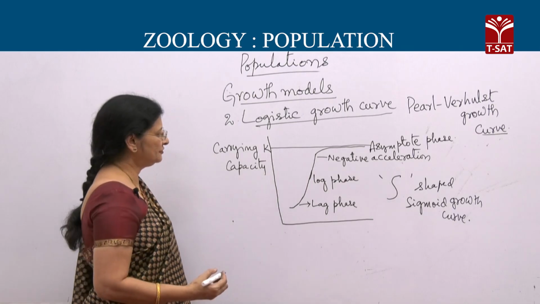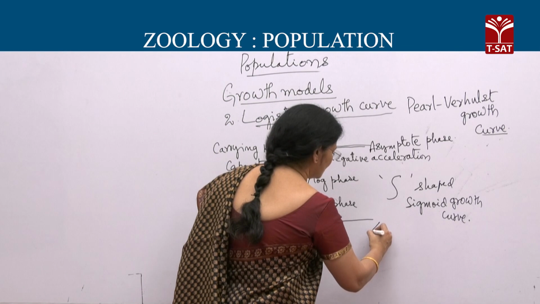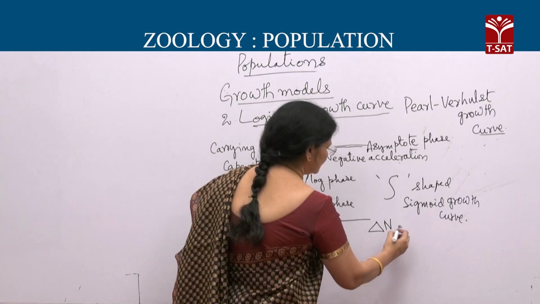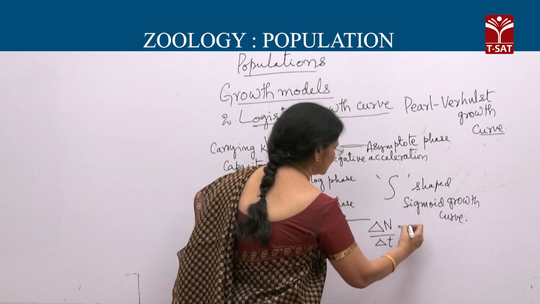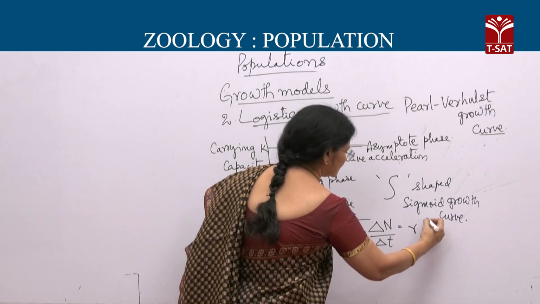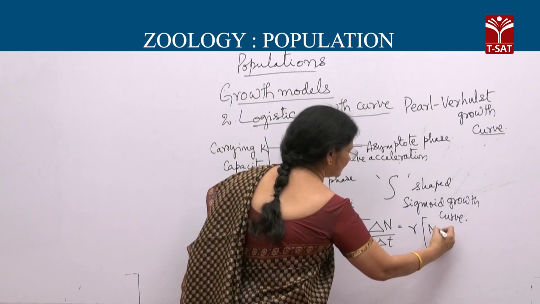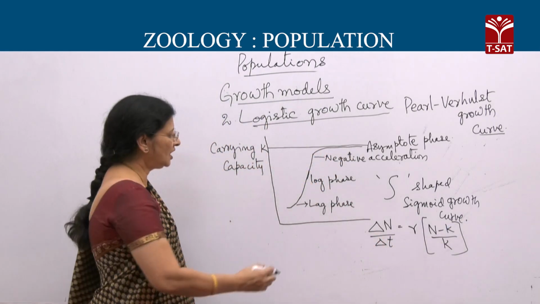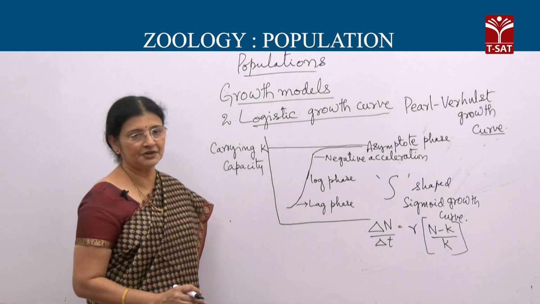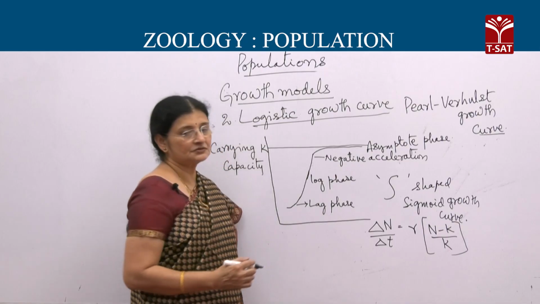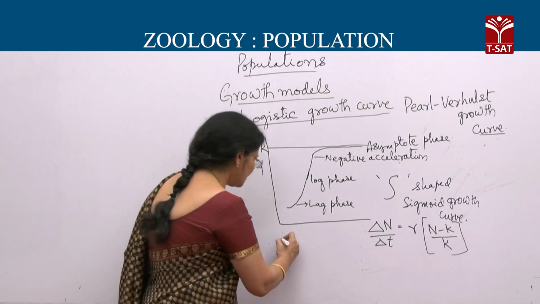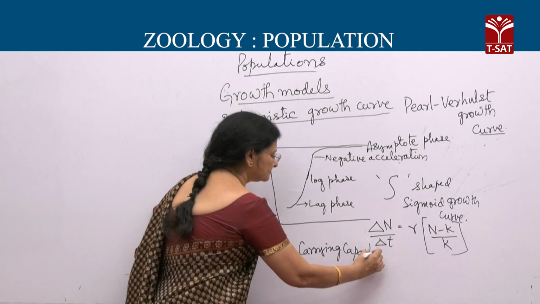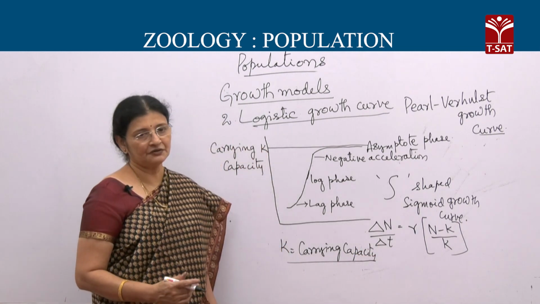And for this growth curve, we write the formula as delta N by delta t is equal to R N (K minus N) by K. So R is the intrinsic rate of increase, capital N is the size of the population, and K is equal to carrying capacity. That is the equation we write for this